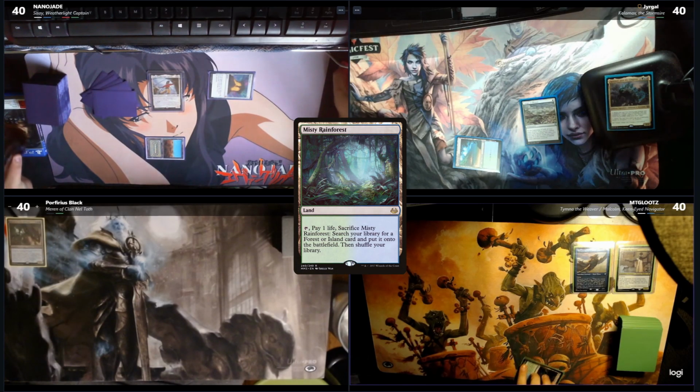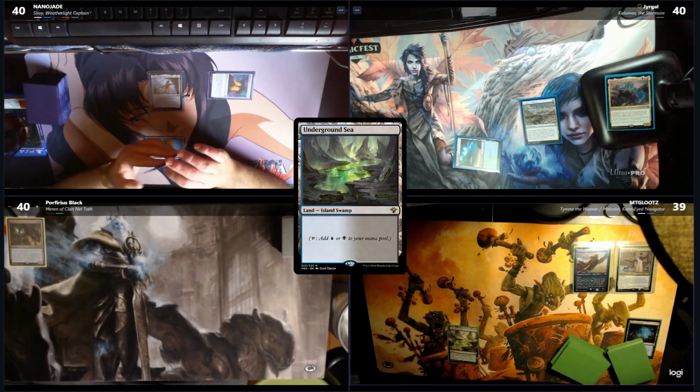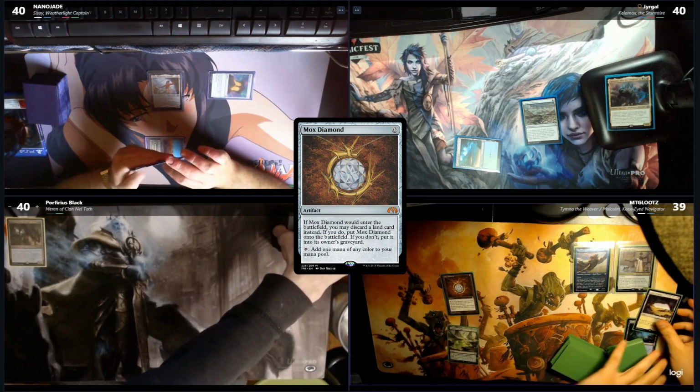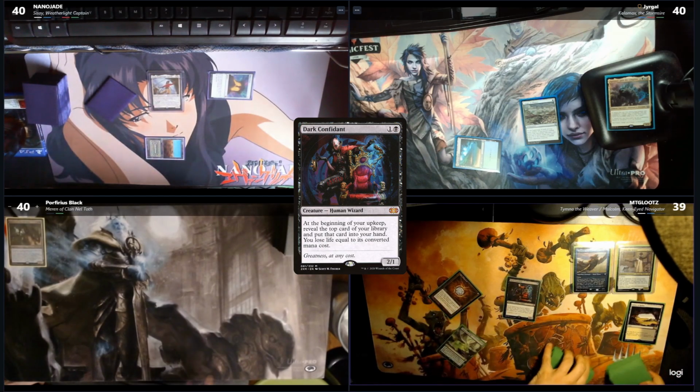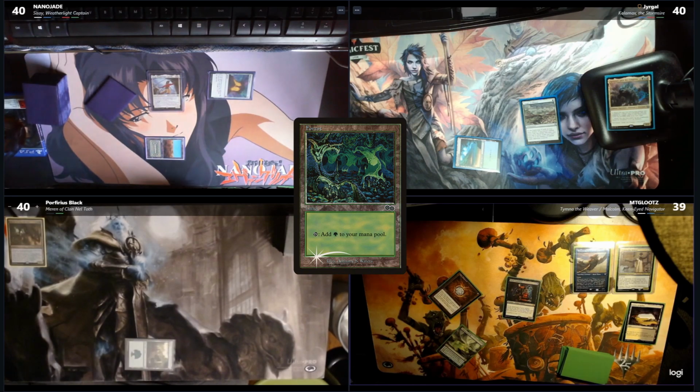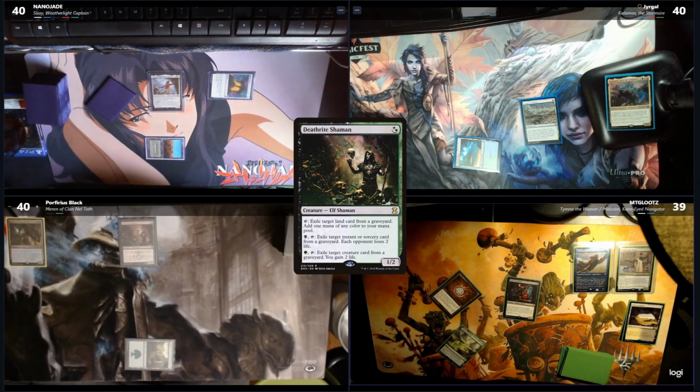Loots plays and cracks a misty rainforest for an underground sea and follows it up with a Mox Diamond, pitching a Cave of Koilos. He uses this to play a Dark Confidant but is done after that. Porf plays a forest and, not wanting to be left in the dust, casts a Deathrite Shaman and ships the